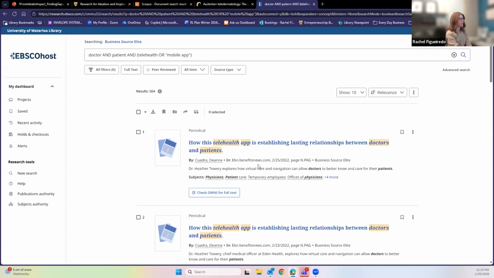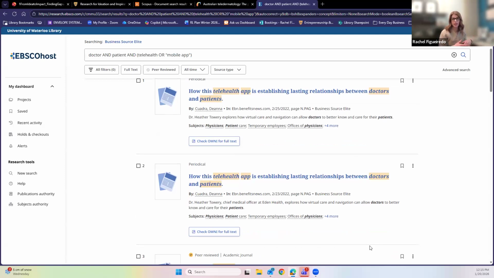You can see some of these are like news content, which is just a different perspective than the academic content. It can be a little easier to read for sure, but it's also giving us a different perspective on the topic at hand, right? For the most part, I recognize that our entrepreneurs and problem solvers are not necessarily thinking about only looking in academic content, but the library has access to lots of other stuff beyond journal articles. So I wanted to point out that you can go to different research tools and be finding different sort of outputs. And so if you need any help with that, that's another sort of question that you could ask your librarian.